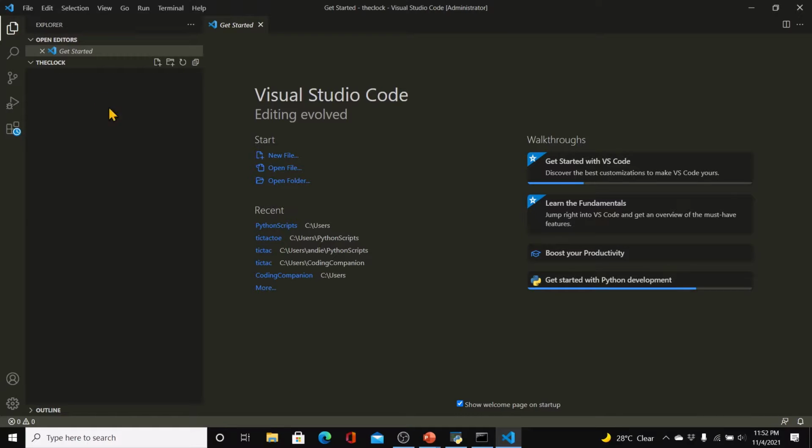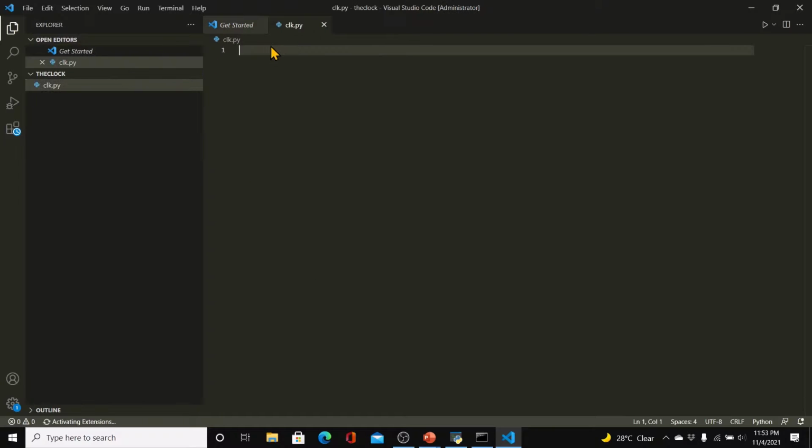Okay, so now we are here. We need to start a new file. You may get a message, do you trust the author? Just agree to that and then start by creating a new file. We're going to call it clk.py. And you start with our function. Let's call it def our clock,